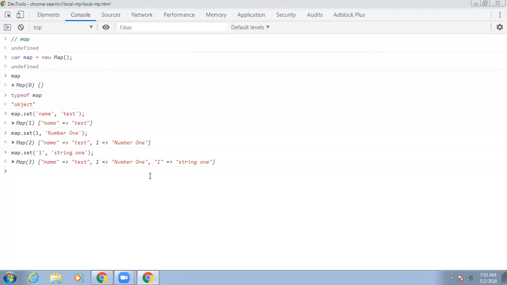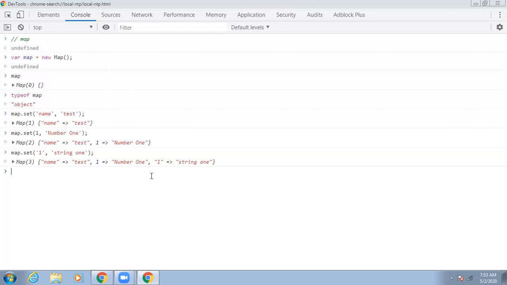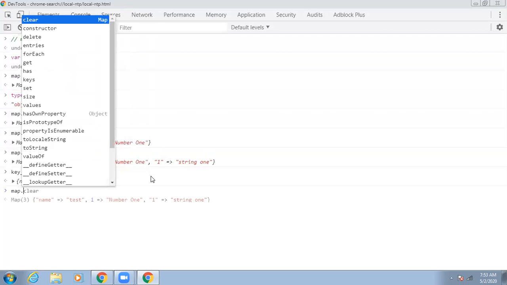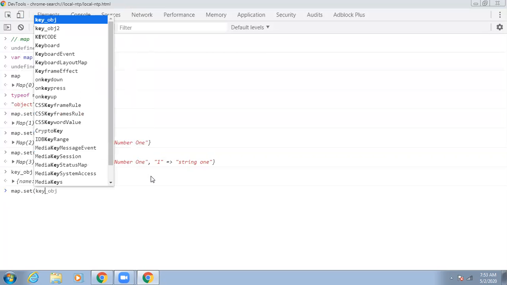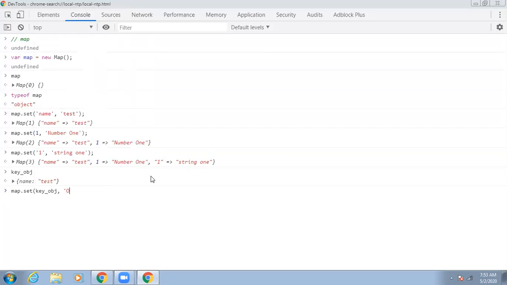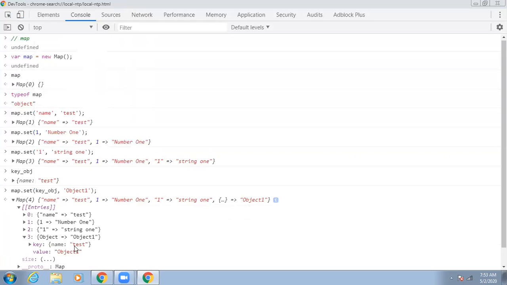So this is how we have to add it. So let us say let us add this key object, right? So key object, map dot set of key obj comma object one. What will happen now? Let us see here. This is key.